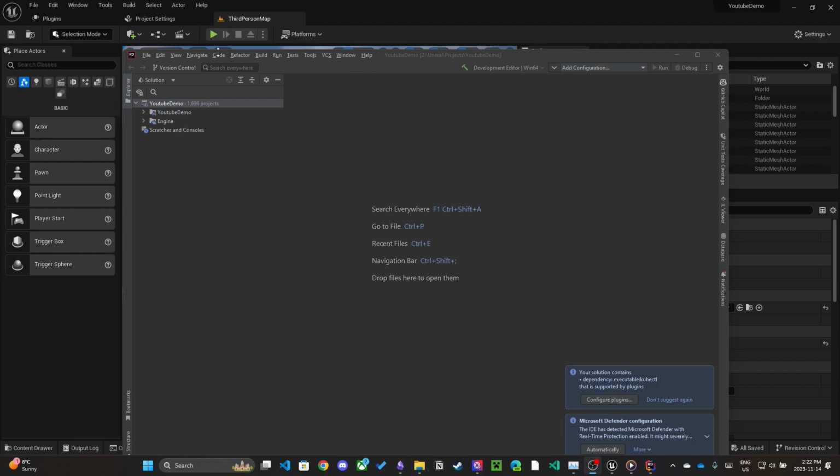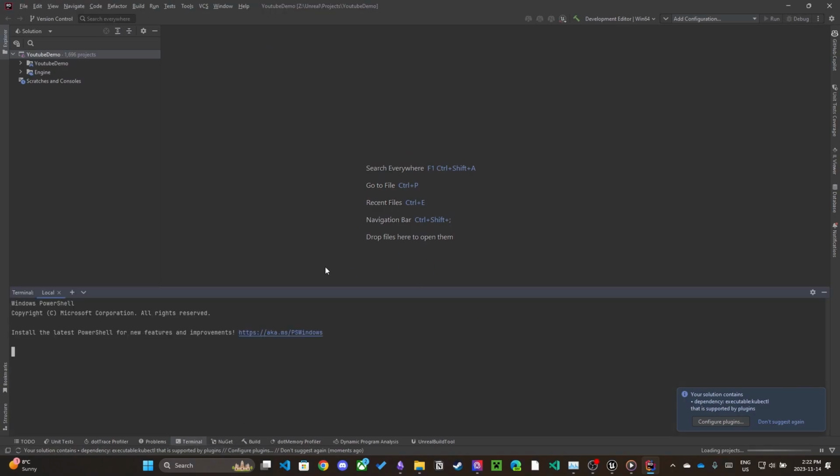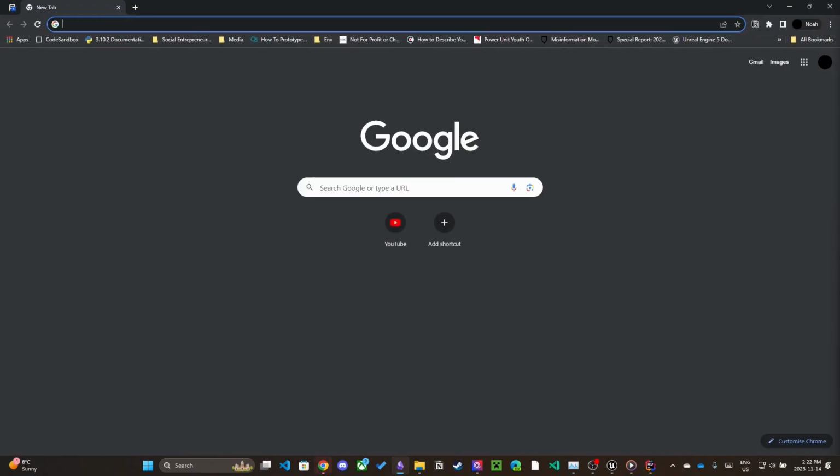So I just gotta clone the plugins from GitHub. So I'm gonna open up the terminal here. CD to the plugin directory. And so I'm gonna have everything linked in the description, so you can just go there. But yeah,